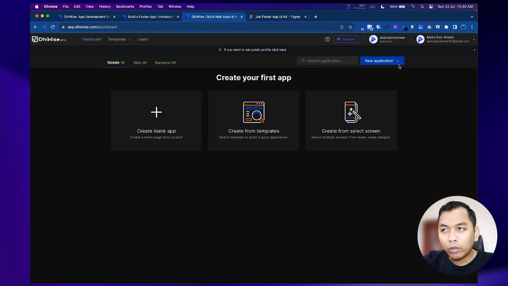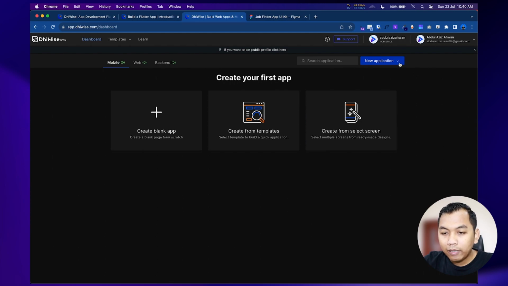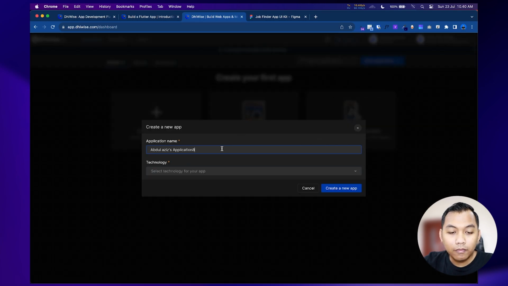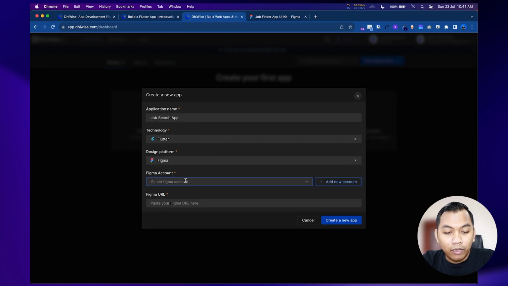And here, to create a new Flutter app, we can press on mobile, and then there is a new application button here. So we can create a new app, and let's name it Job Search App. The technology is Flutter, and the design platform is Figma.